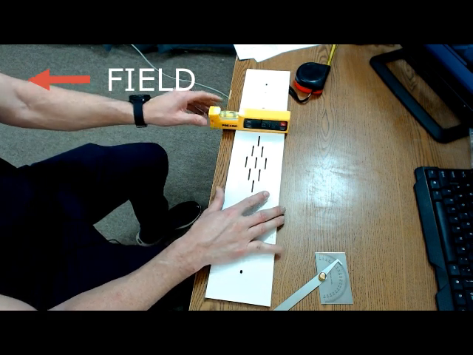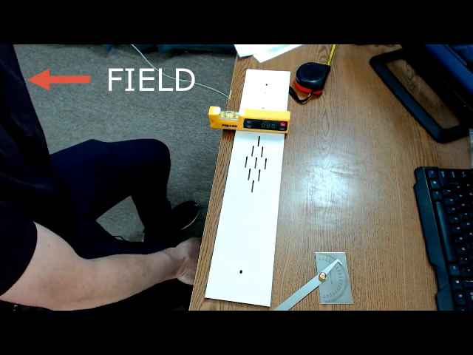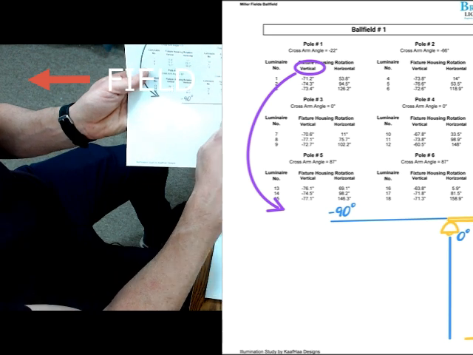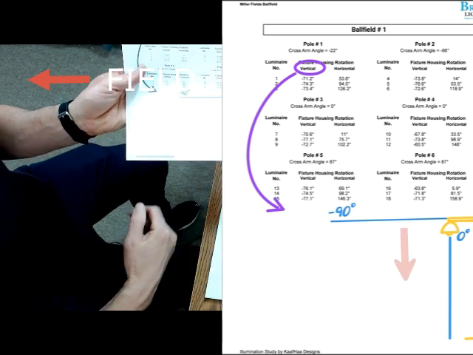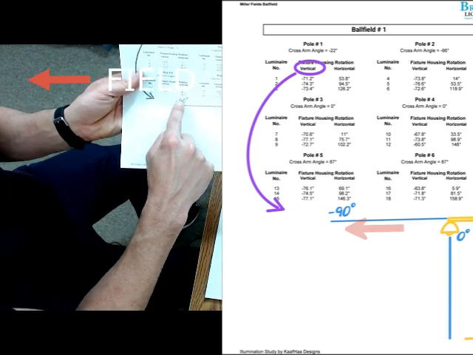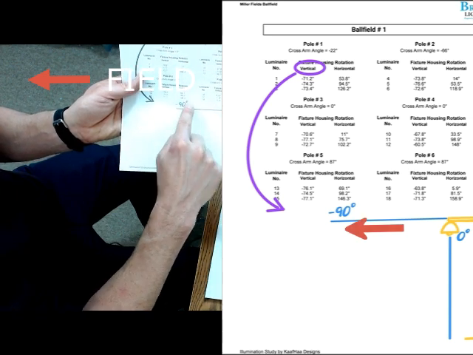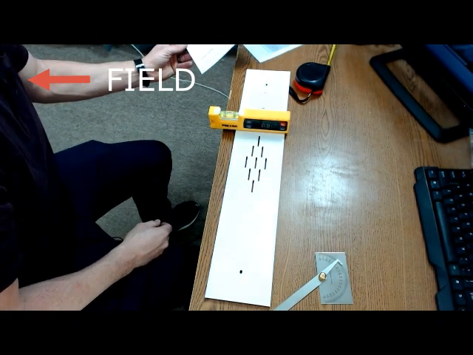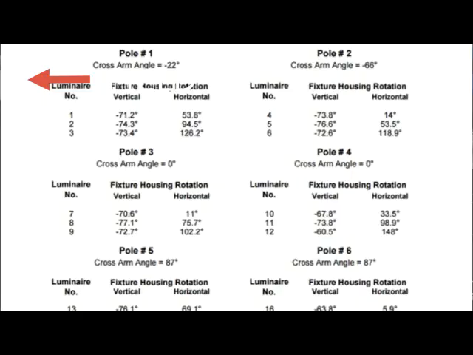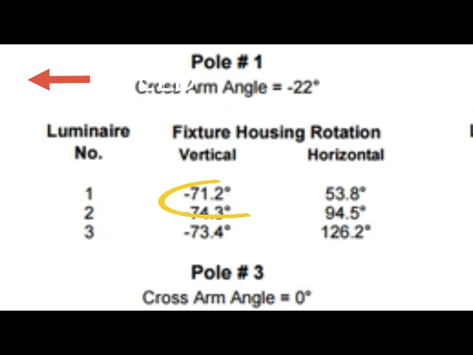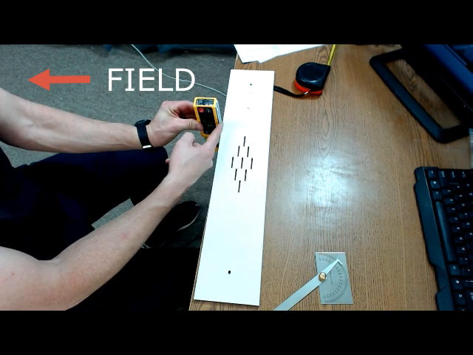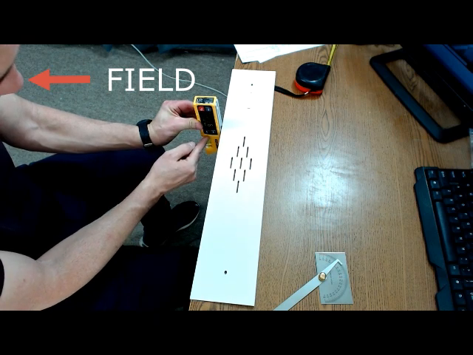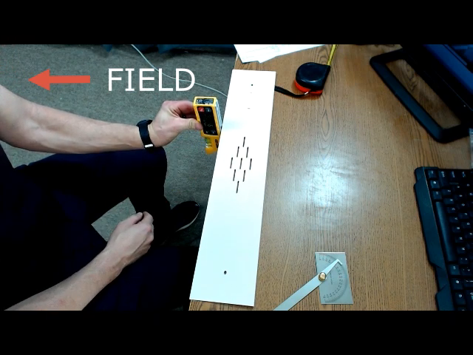So first piece is we have to zero our number out. I did a little mock-up drawing right here. You can see that on our lights, pointing straight down to the ground is 0, and pointing exactly out is 90 degrees, okay? So exactly out 90, straight down is 0. So doing this, our first number is 71 degrees. So remember, I have to zero my level first, zero it to the 0 mark. So pointing straight down, okay? So once we do that, I press my 0 button, zero it out,